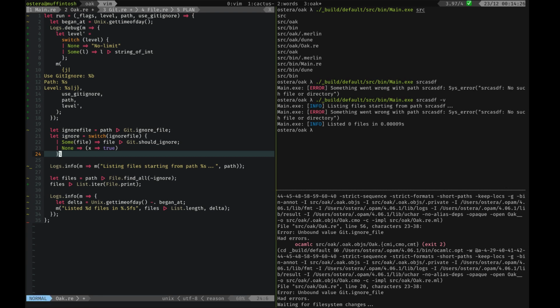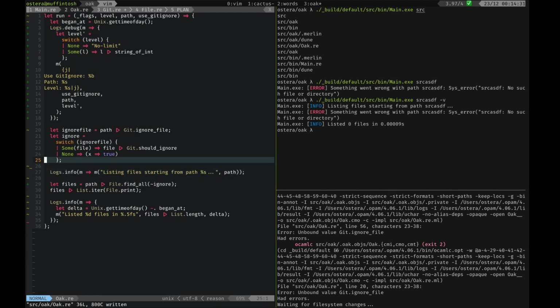Yeah, what the hell am I talking about? We don't need the identity function. Yeah, so this means if we do have an ignore file, then we'll use the should ignore from Git. Otherwise, we'll just say true to everything. So we can ignore the file, we'll just continue going through everything. Hopefully this still makes some sense. Now we can just go into